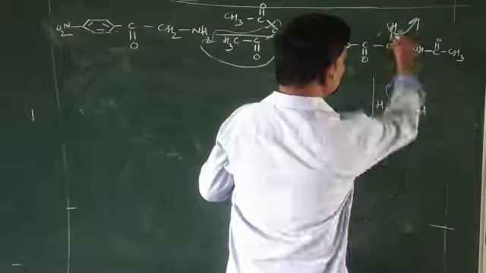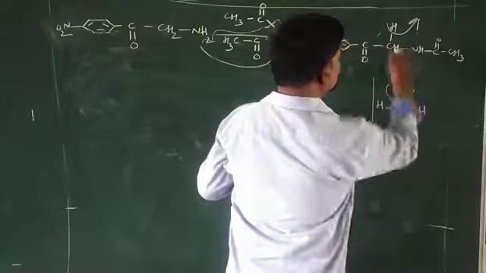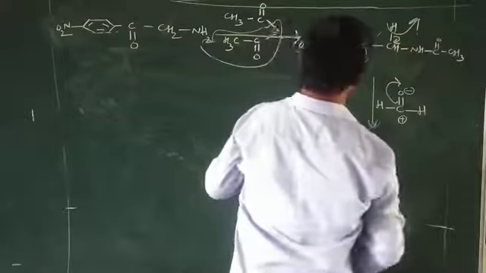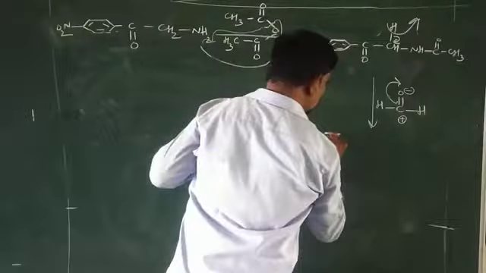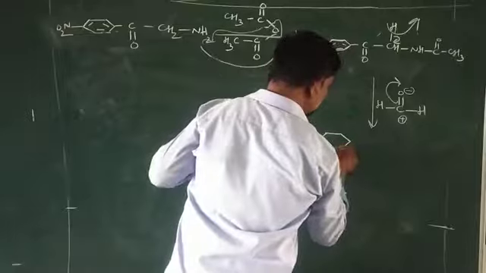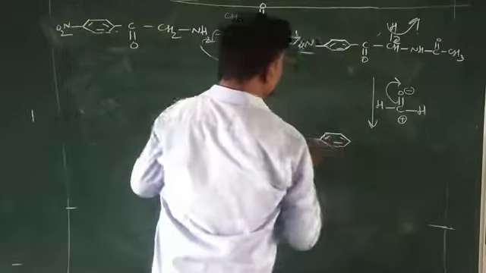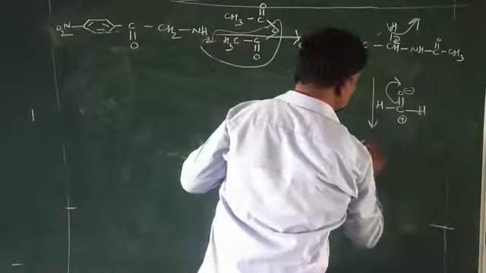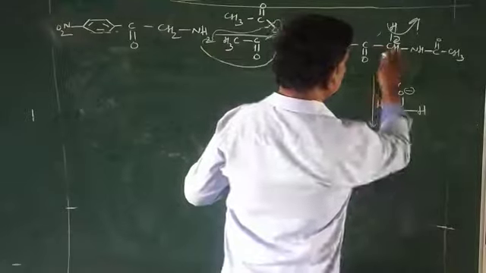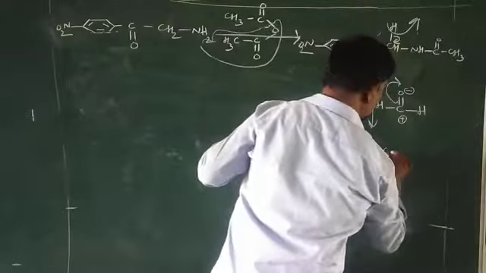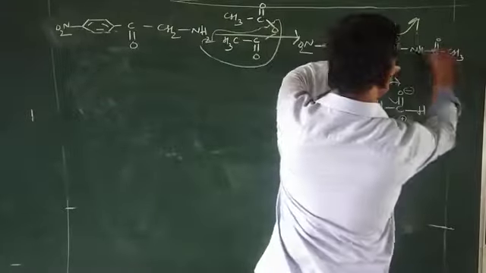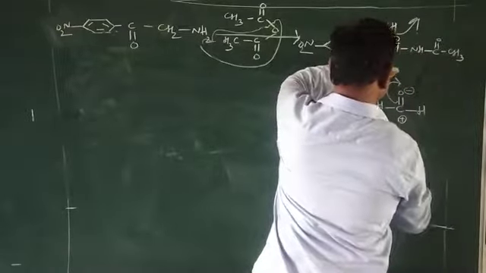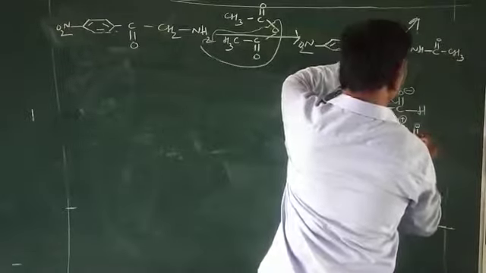So it forms the OH group. This bond is involved in this carbon. So next step, as usual, write down the benzene ring. In this position, the nitro group and C double bond O, and the remaining portion CH. In this portion write down NH and C double bond O and CH3.